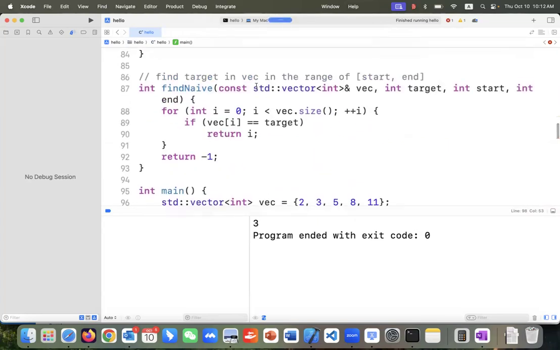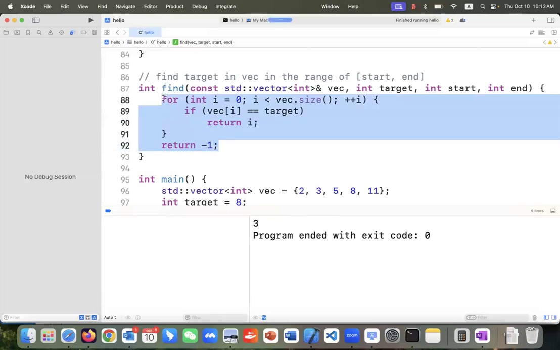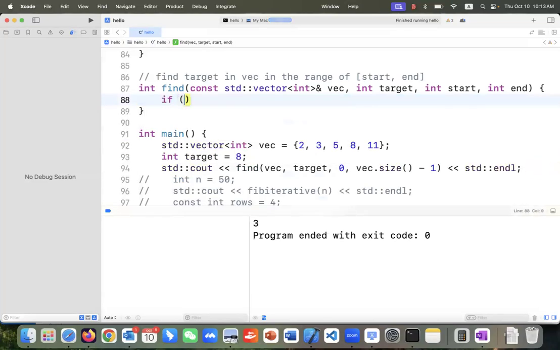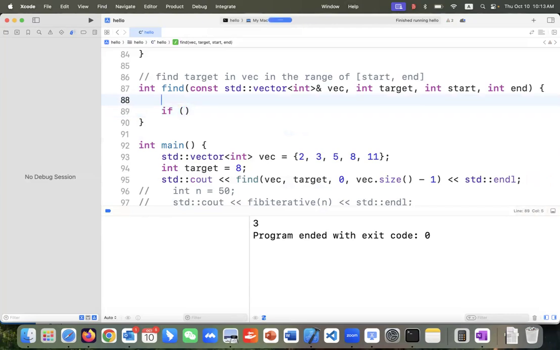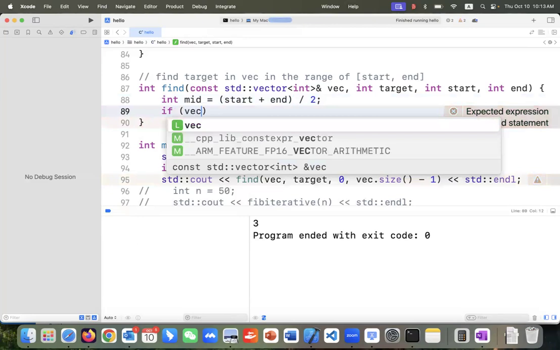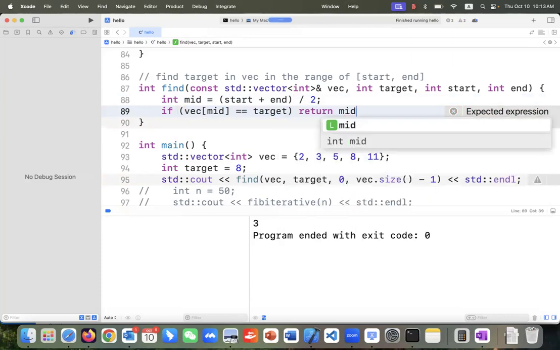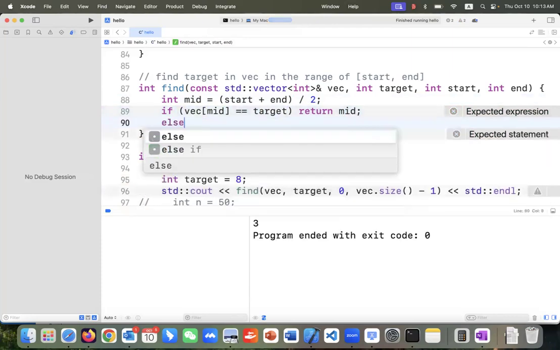So how can we make binary search? First, let's do the easiest one, right? Let me first find the middle one, the middle guy, which is start plus end divided by 2. Because start is an integer and end is an integer, divided by an integer is an integer, right? So we are comparing the vector of middle with target. If it matches, we return the middle, right? Else, if